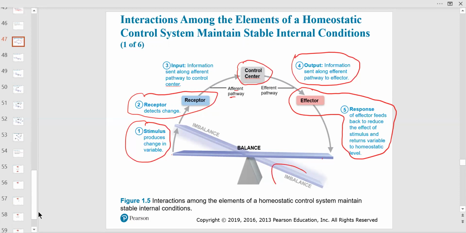But it doesn't want to bring it down here, because then you'd have to have another feedback mechanism. It wants to just return it to normal, because if it goes here, then this control center has to shut off that output. And that's negative feedback. Positive feedback, this guy on this side of the seesaw is going to be flying in the air, right? So most of those control mechanisms are negative feedback.